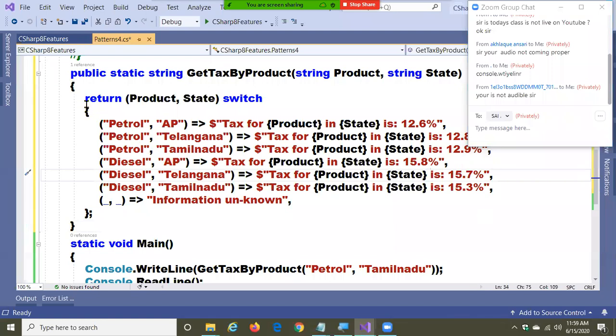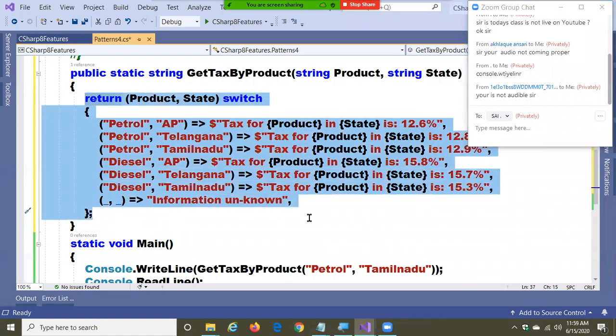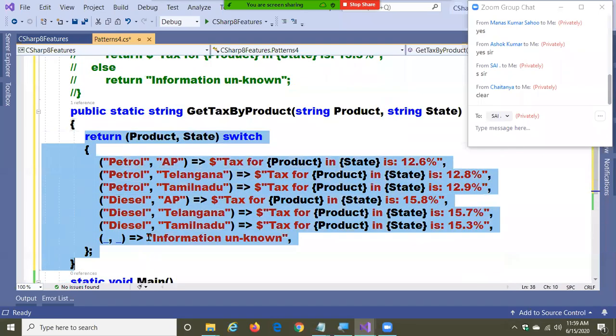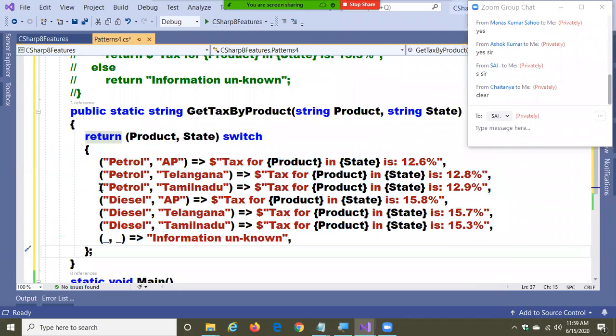Come on, are you clear, people? Are you clear with this? What is it? A tuple pattern. Are you clear with the tuple pattern? So this is what we call a tuple pattern. See, last class we discussed the point: day by day, they are trying to make the code simple and easier. Simple and easy ways of writing code have been coming into the picture. So we are making things much simpler and easier to implement. That's the advantage of tuple patterns.